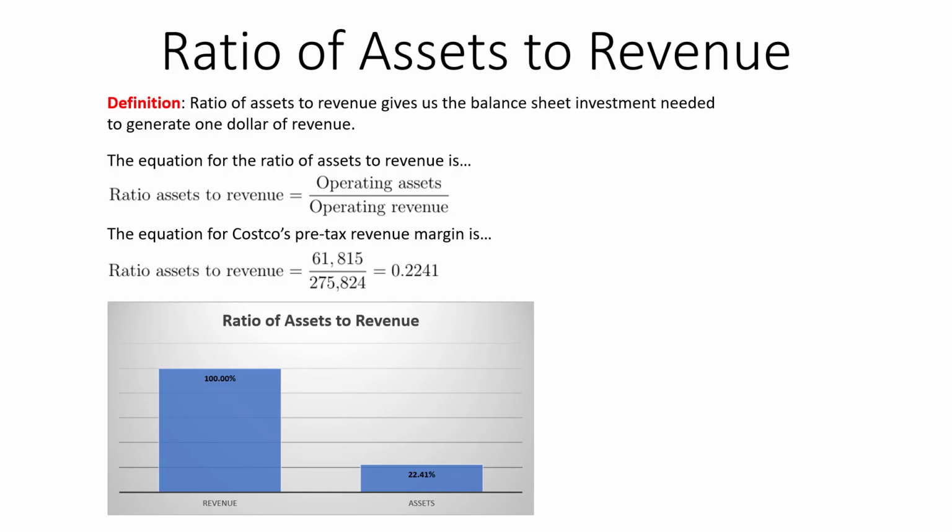Let's take a look at the graph below. We see that revenue is 100 and then the assets are 22.41. What that says is that for me to run my business, I need a certain investment in inventory, buildings, tables and chairs, and all that stuff. So how much do I need? On average I need 22.41% of my revenue. I can pretty much count that as my investment. So as my revenue goes up, I have to make sure that my assets are always at 22.41% of revenue. So that means I have to plow money back into my company.